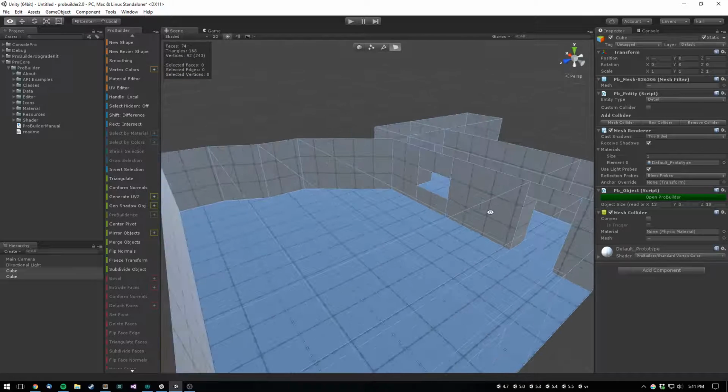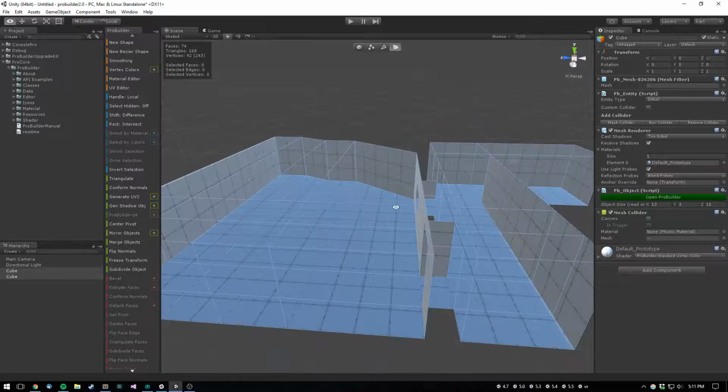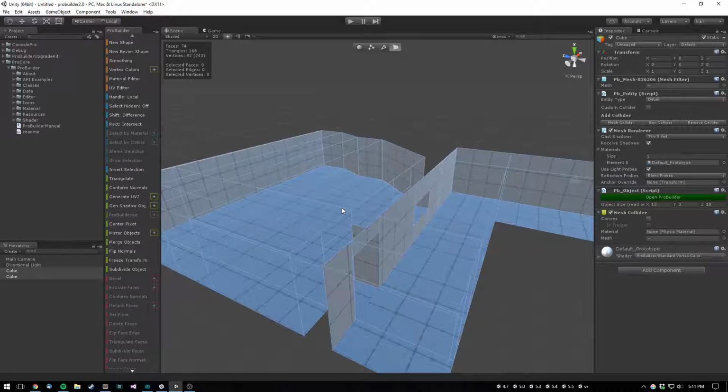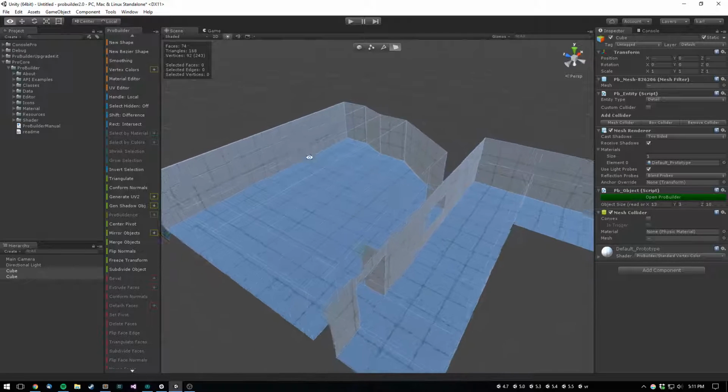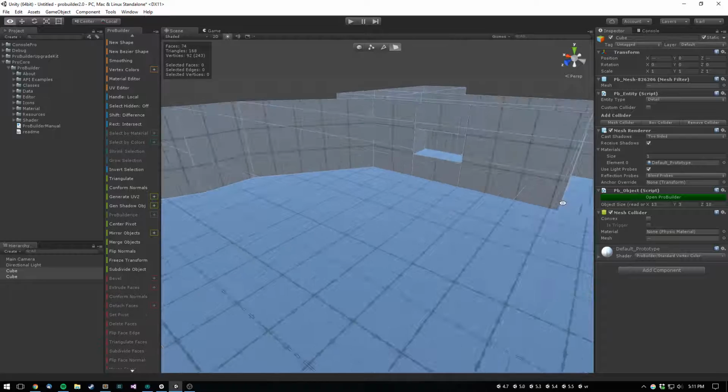So if you're using ProBuilder Basic, I'm going to texture this next. So some of this will not apply to you, but feel free to watch. Otherwise, good luck. We'll see you later. Anyways,